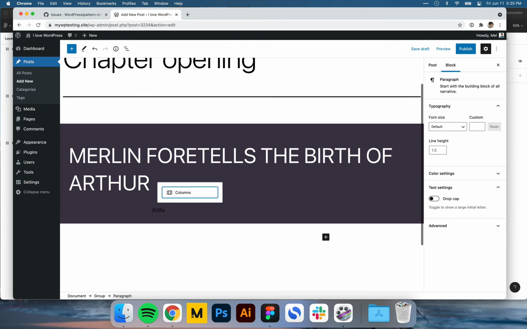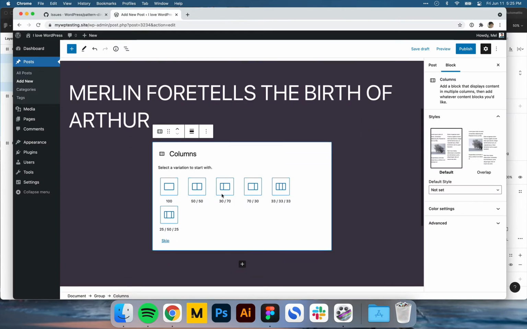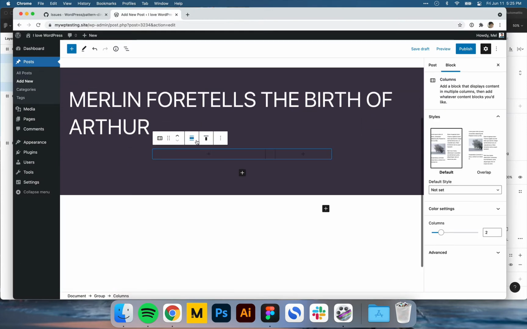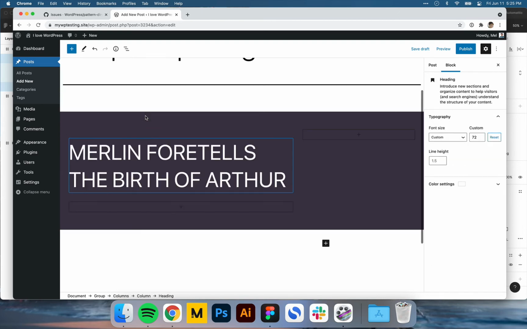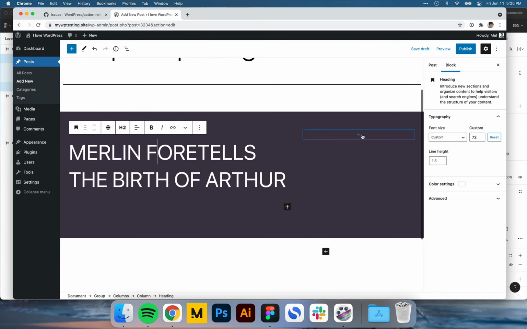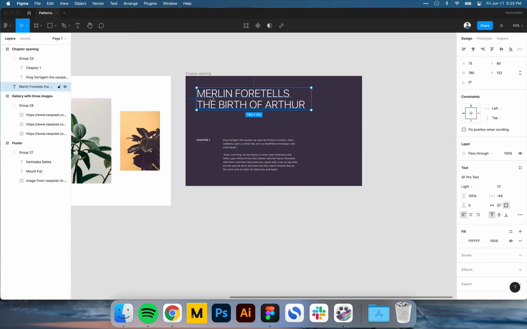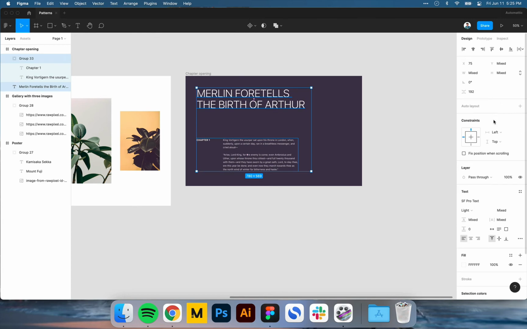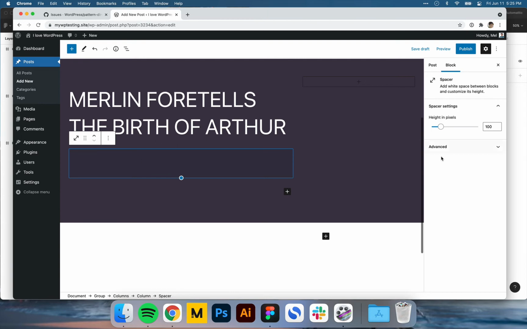Let's go ahead and add columns. And so I want 2 columns for this container. And so we'll go with 70-30 here, go up and wide width. And what I'll do is I'll drag this into here. And so we're gonna leave this column blank entirely. So to get the spacing here between the title and this content, I am going to add a spacer block. So just a random amount here, whatever looks good. Let's do 200.